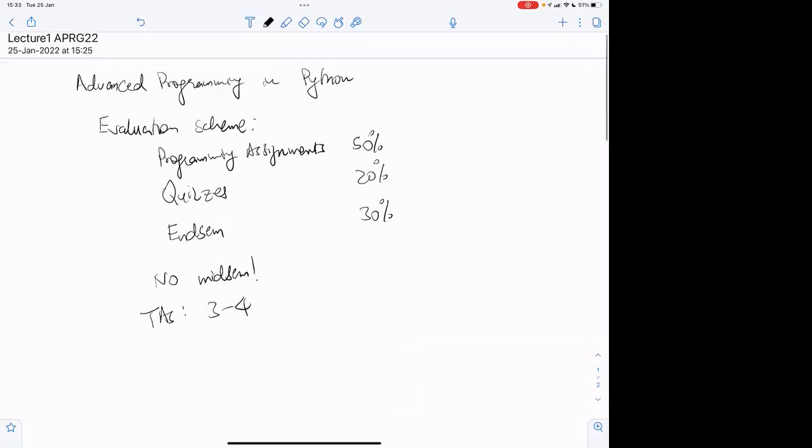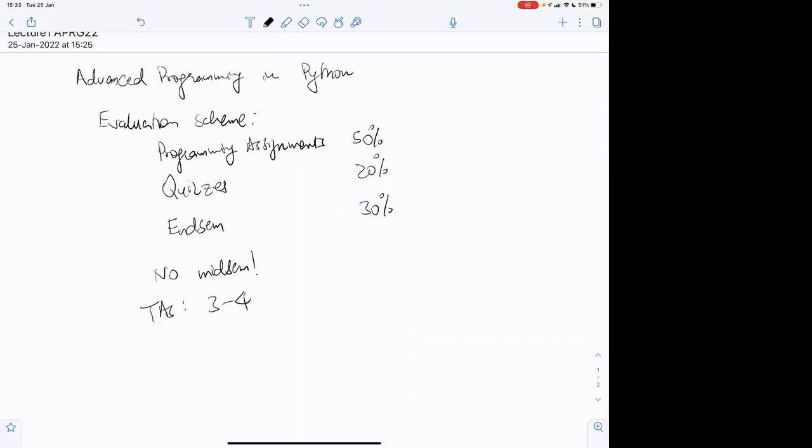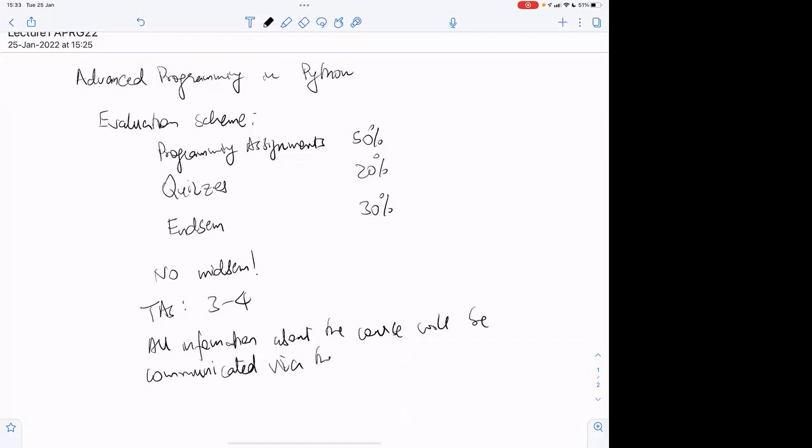So all information about the course will be communicated via the Moodle page. So keep checking the Moodle page for various things, including the assignments and the quizzes. I have to decide how to give it; I will plan it out soon. And the submission is via Moodle.